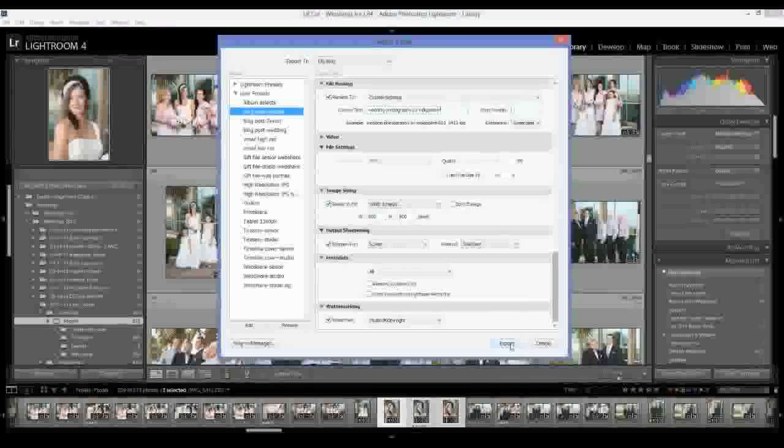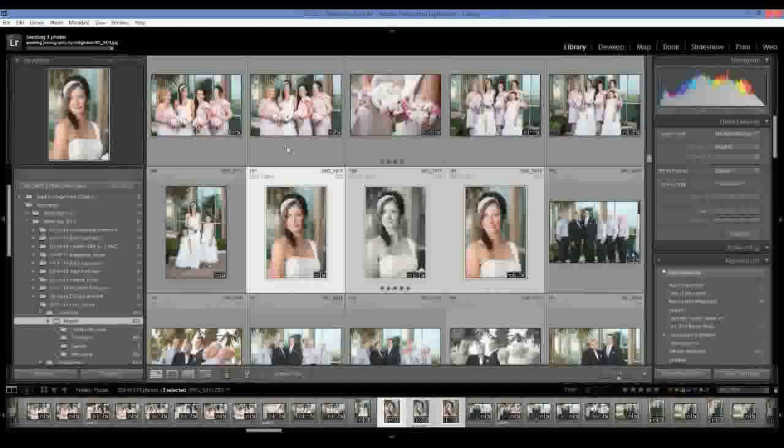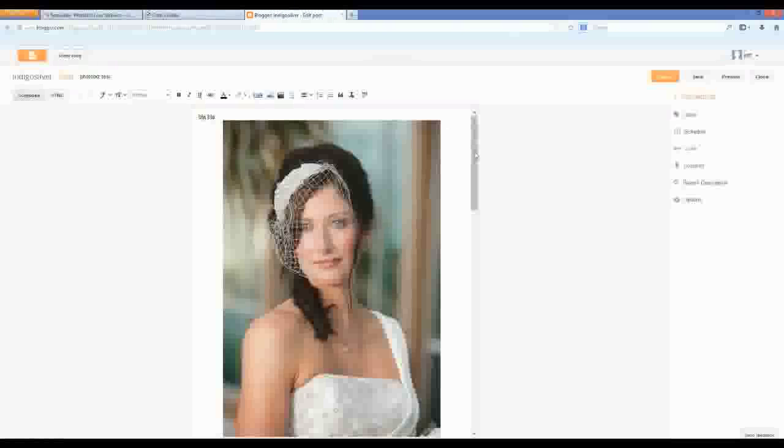And this is pretty awesome. I click Export, and watch what happens. You see it's exporting these photos up here. The next thing that's going to happen is it's automatically sending them to Blogger, and it's going to open my Blogger window. And at this point, all I have to do is preview it,